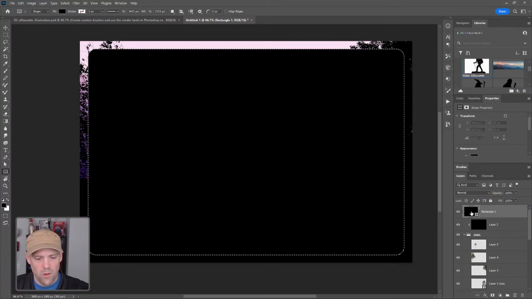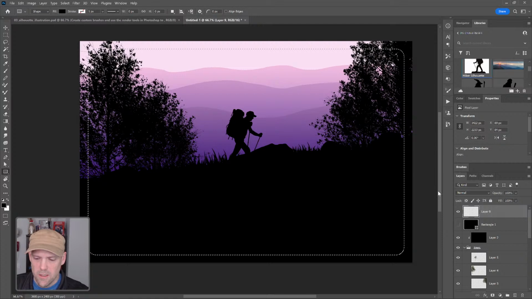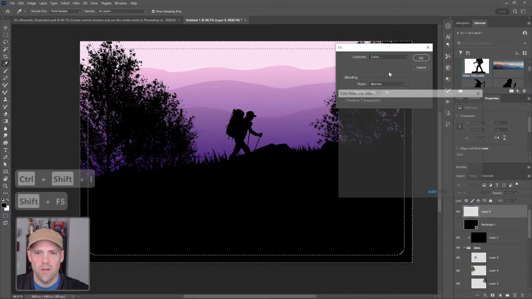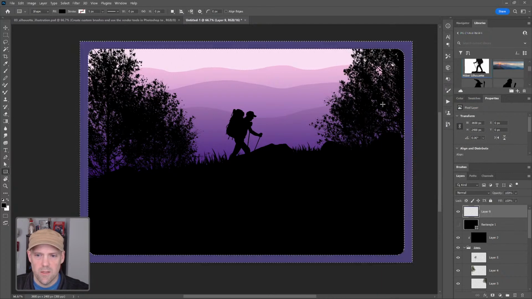I'm just going to hold down Control or Command and select the layer to give me this selection. I'm going to hide that layer, make a new layer, hit Control or Command Shift I to invert that selection, and then Shift F5 and pick a color. I'm going to grab this purple, but I kind of want this to be bluish and less saturated, so it's not super bright. And let's see what that looks like. Okay, that works. Deselect, name this border,